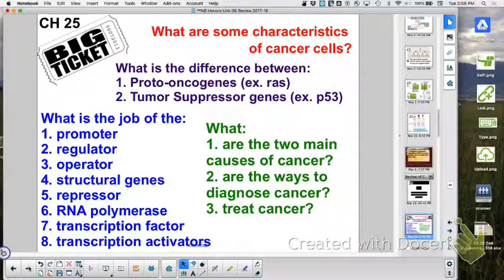A regulator gene. A regulator gene codes for something. Do you remember what a regulator gene codes for? A repressor. Okay, so then that brings us the idea of a repressor, and that's number 5 on our list. What can a repressor do? It can bind to the operator. Now, why do we care? The operator sits right next to the promoter. So when you have a repressor sitting on the operator, it usually kind of spills over and blocks